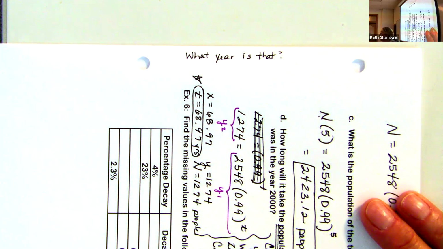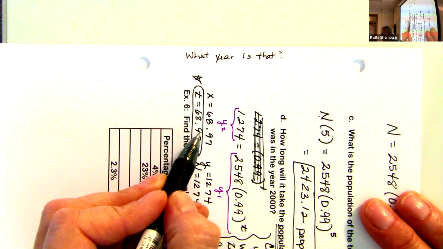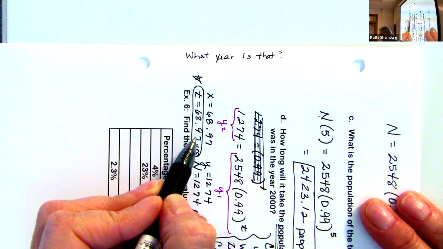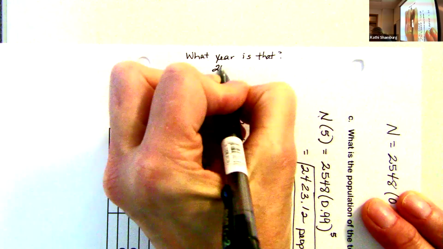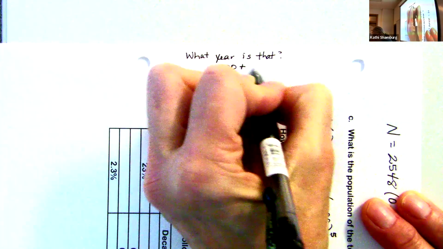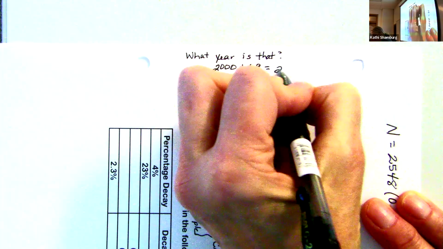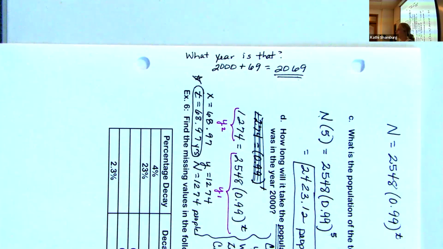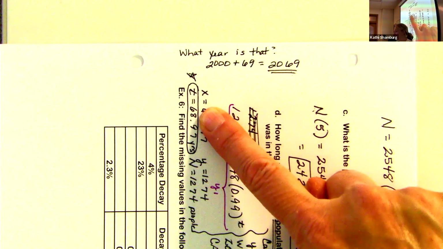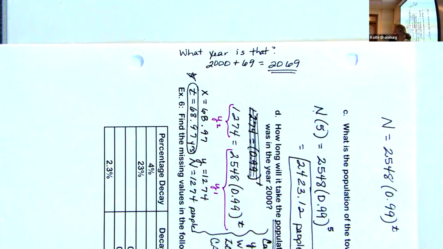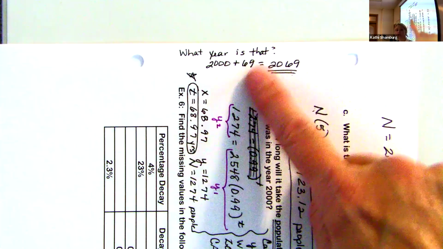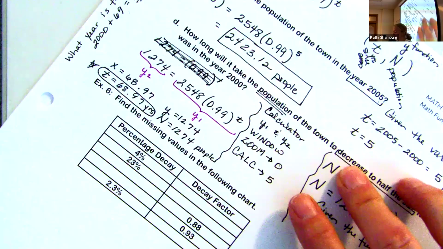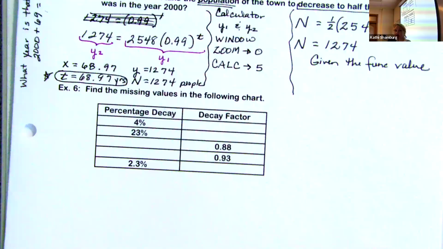Two thousand what? And I would probably round to 69. So since 2000, I would add 69 years, so 2069. Depending on what WebAssign said, it would either be 2068 or 2069, because it happened during 2068, but almost when the year was over. So I don't know which way WebAssign's gonna ask that, but you need to be able to answer it either